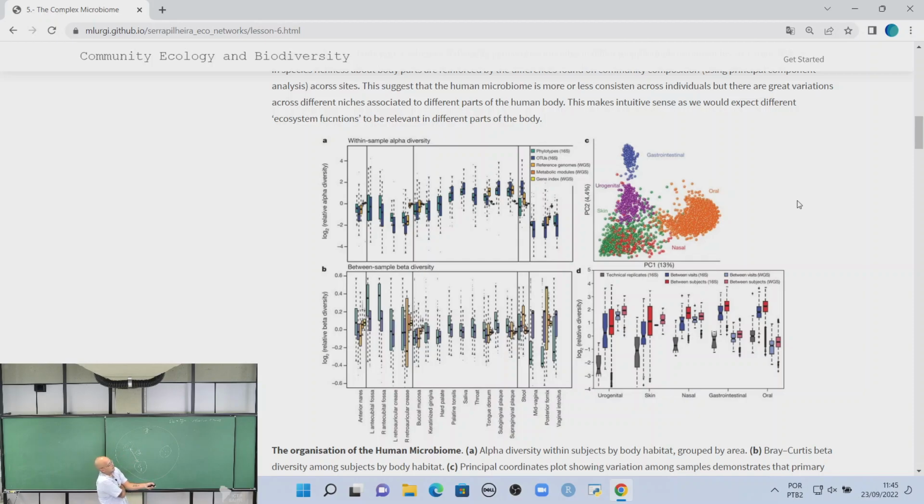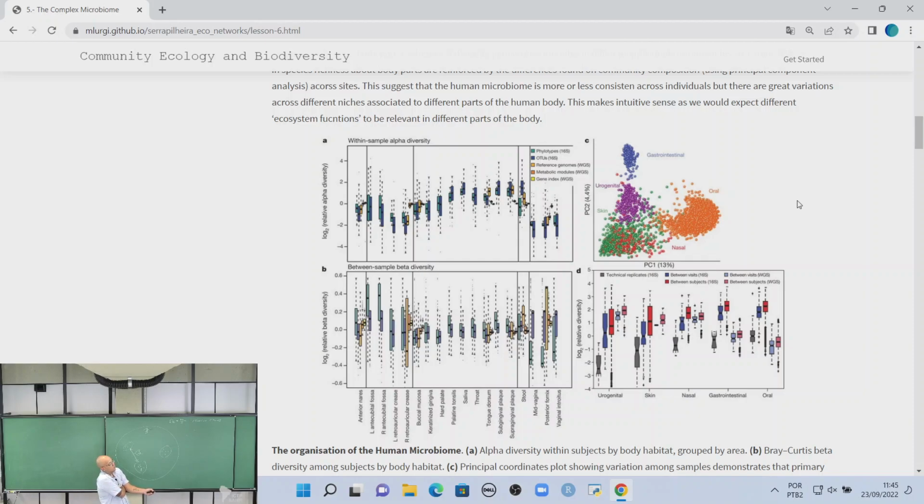And then each of these is one of the other measures. So alpha diversity across, for example, the different parts of the body. You can see here that some parts of the body are more diverse locally and some others are not very diverse. But interestingly, if you look at the plot in the bottom, which is beta diversity, the differences between